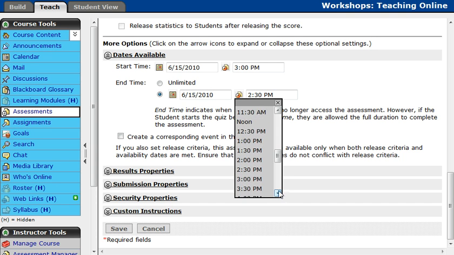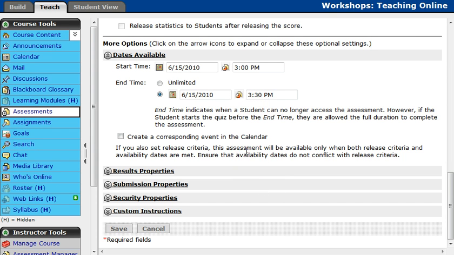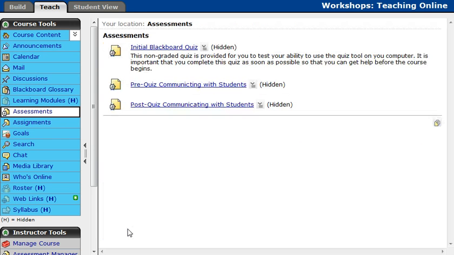Now remember, we made these same changes before, so what we can do is we can create a corresponding event in the calendar. And what is nice is if you do this for all your assessments and all your assignments, then you don't even have to use the calendar tool to create all those options. It'll just kind of automatically go into your calendar. So I'm going to go ahead and click Save, and we'll go ahead and take a look at the calendar